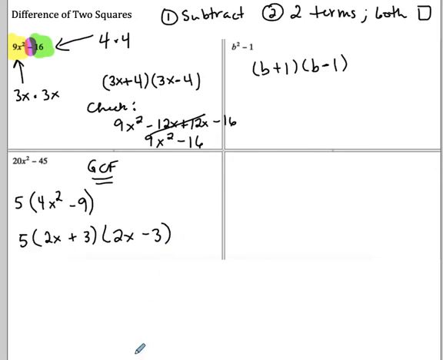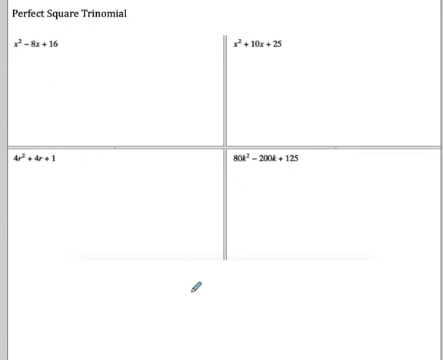Okay? So difference of two squares is definitely worth looking out for. Some things to note is that it's got to be a subtraction problem, right? And they've got to both be squares. Otherwise, you might just have a prime binomial. One other pattern that is a great mental math trick or gives you sort of a great mental opportunity is